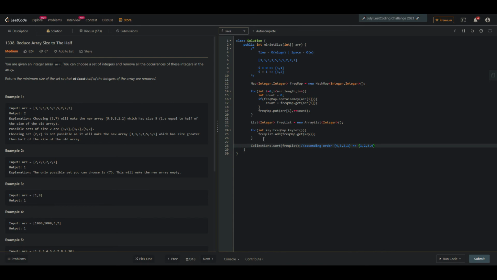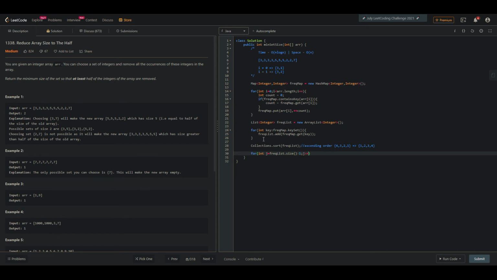So we have to iterate from the last. So we can start with freq list dot size minus 1.